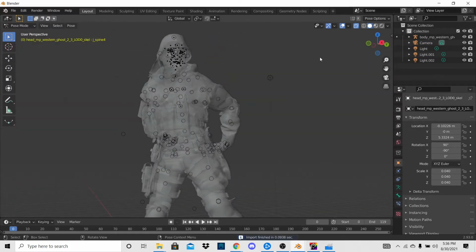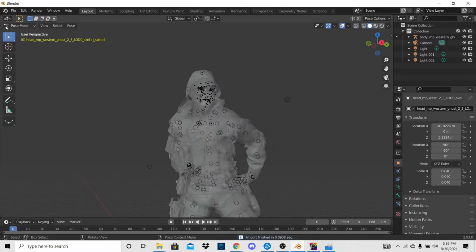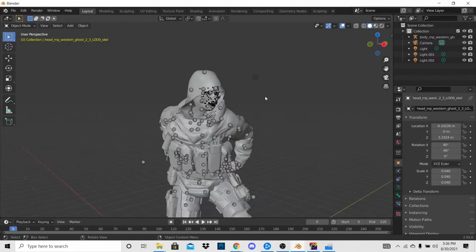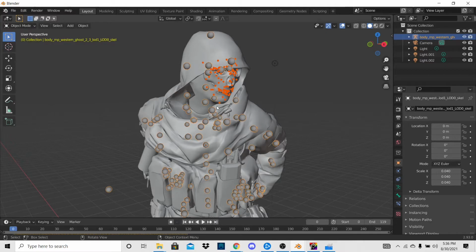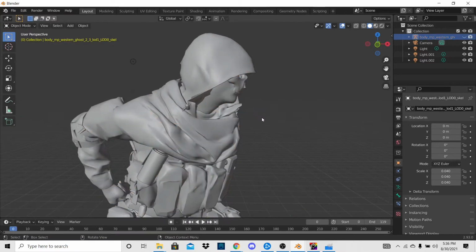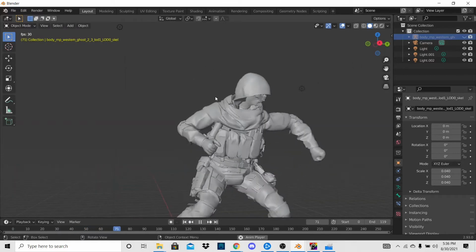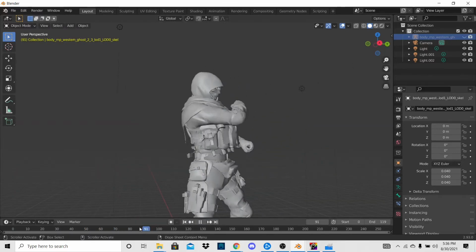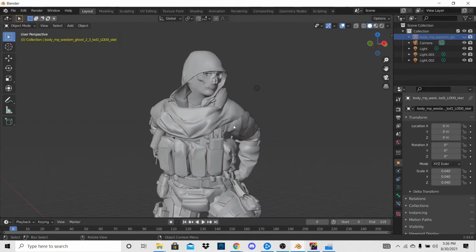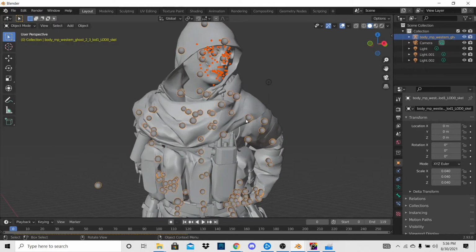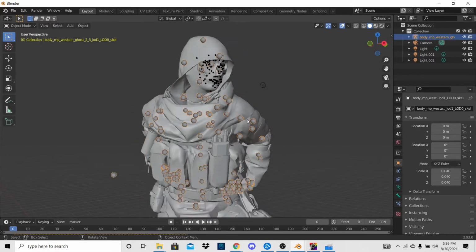And then now the head should be all lined up with the character. Now if we go into object mode and I'm just going to hide the bones because we don't need them for this part. We're just trying to make sure everything's lining up good, and the character looks great. Now for this part, we're going to actually press Alt-H to bring this back, click on the character's main body